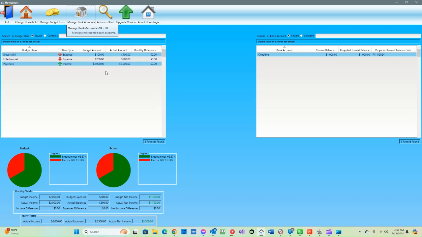Now, it looks like we haven't cleared any of this. We haven't put in transactions. Right now, what it does, it assumes that you're going to spend the remainder amount of the budget, so you can see if you're ahead of schedule or running out of money. So that tells you. And then the checking, I can double click on that,